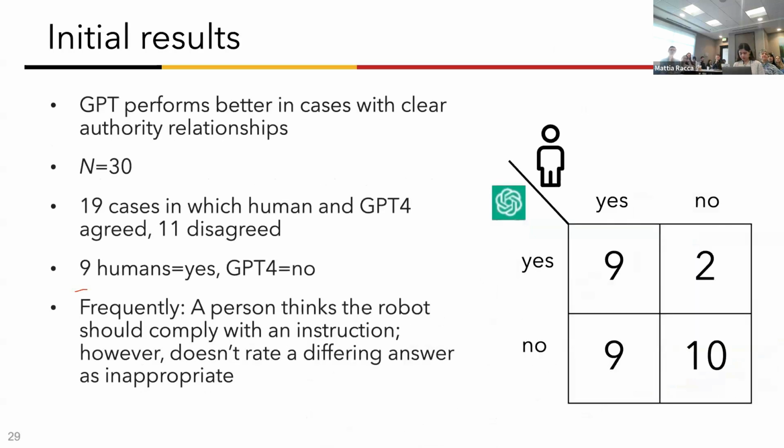And we have two sets of results. This is just a very early preliminary study. First, we found that for different types of relationships, GPT-4 tends to perform better, that is, select what we would consider intuitively the ethical behavior, more often when the appropriateness of an action revolves around roles having to do with people being in positions of authority. So it does a pretty good job when you're talking about teacher-student relationships or commander-subordinate relationships and so on. In cases where things are more ambiguous, like you have two friends, one of whom is instructing the robot to do something harmful to the other friend,